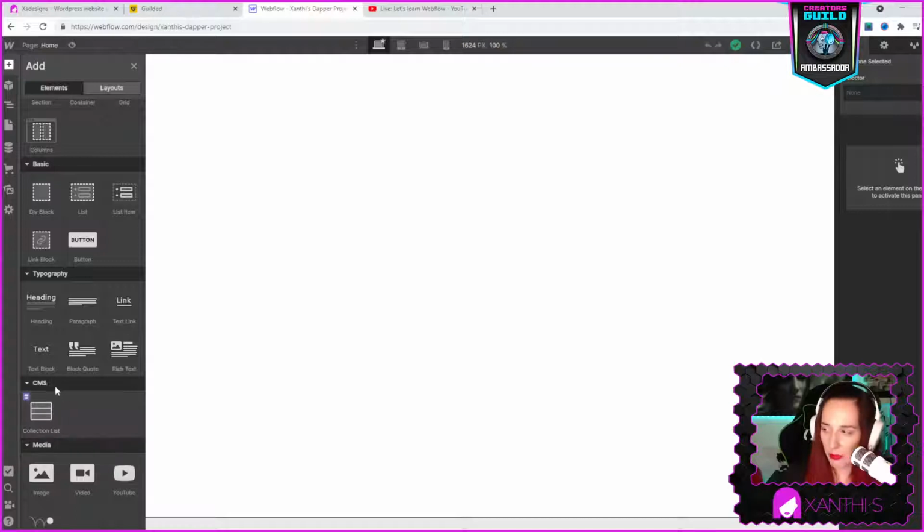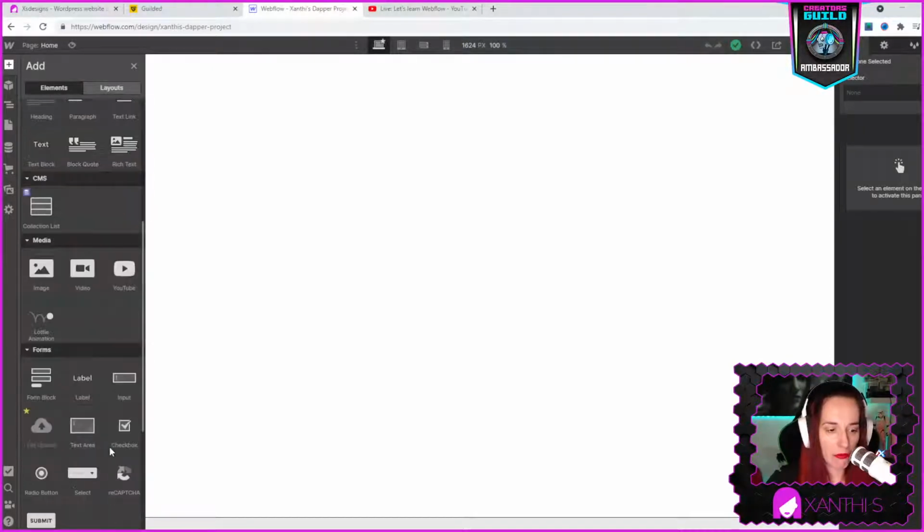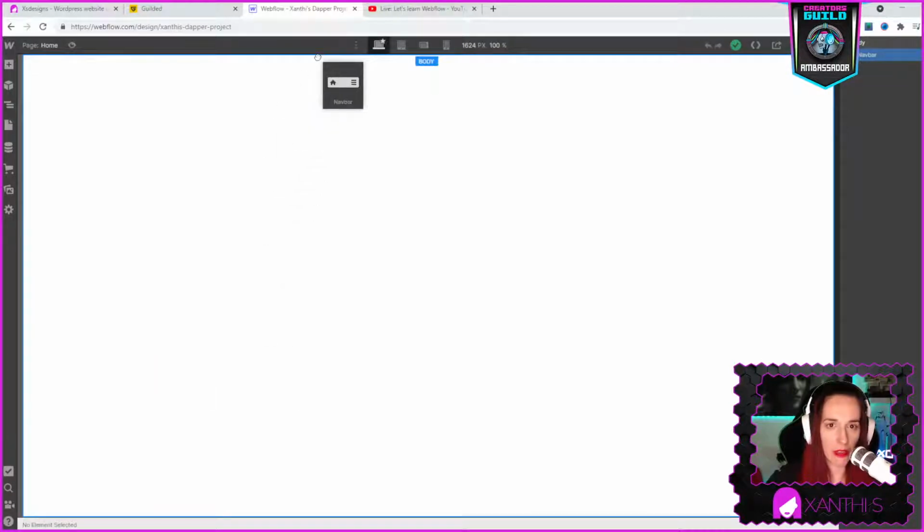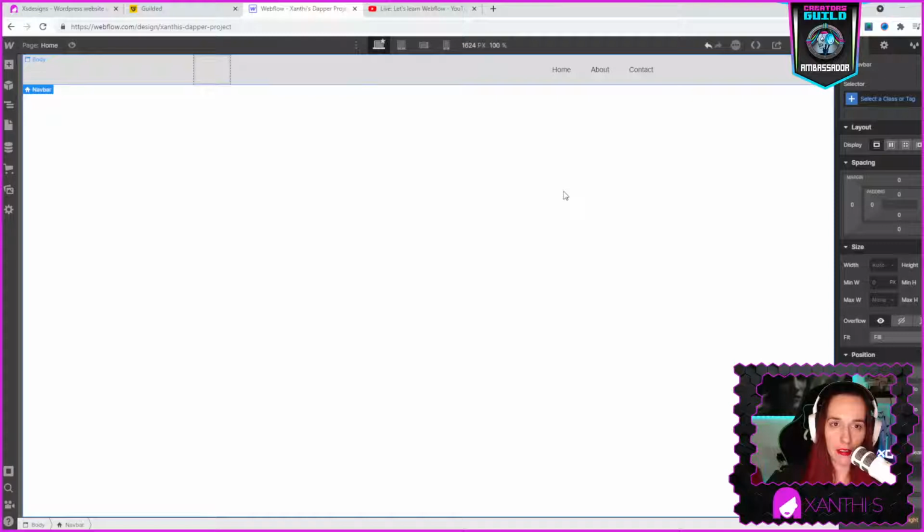I mean, the CMS is something that you need to purchase. I don't know if it's available on the testing area, but okay. We have media, forms, select, submit, components. Nav bar, we have a navigation bar. Is it like a drag and drop? Yes, drag and drop it. There it is. We have a very simple